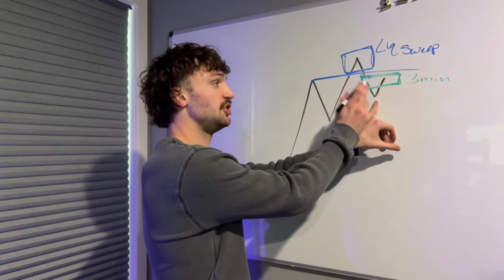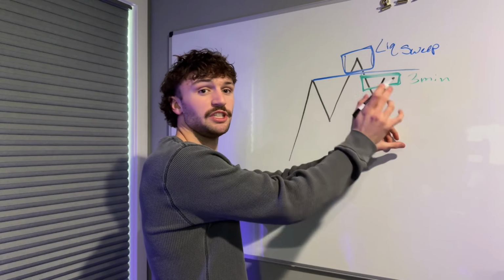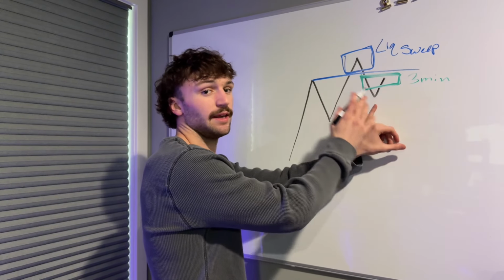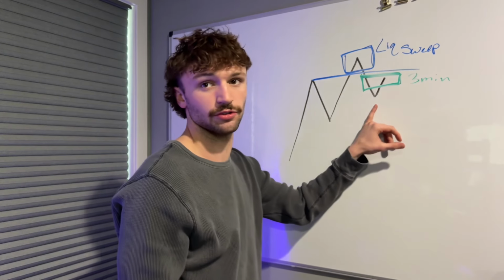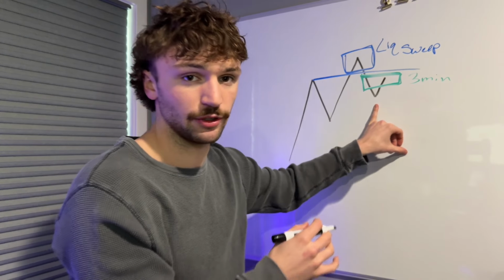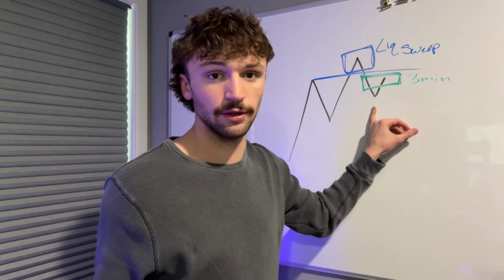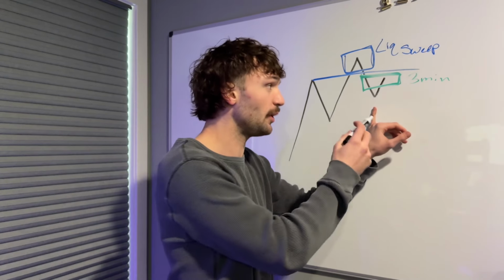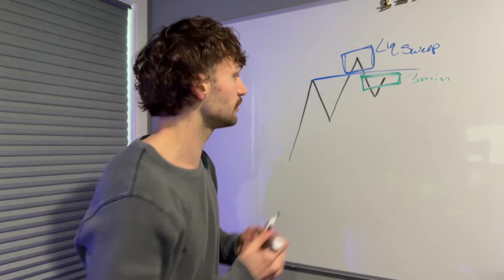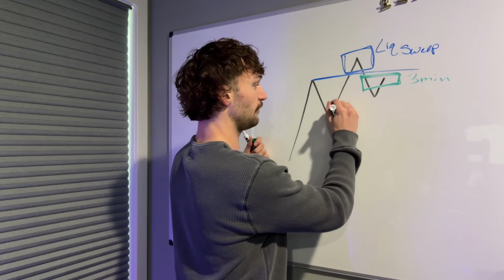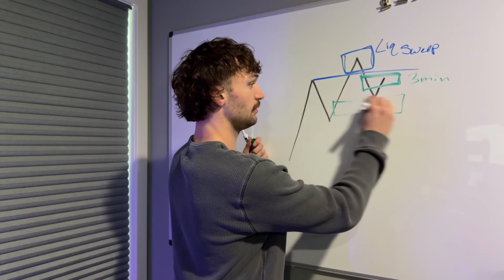But once we do see this rejection, we are now disrespecting the overall sentiment in the short term. So this can lead to a longer term drawdown. If we are rejecting a 1 minute fair value gap, that doesn't mean we're going to reverse all the way down. But what it does mean is that it's showing that cracks are cracking. Realistically, you have something like this, where you are probably going to have another fair value gap from this move down here.